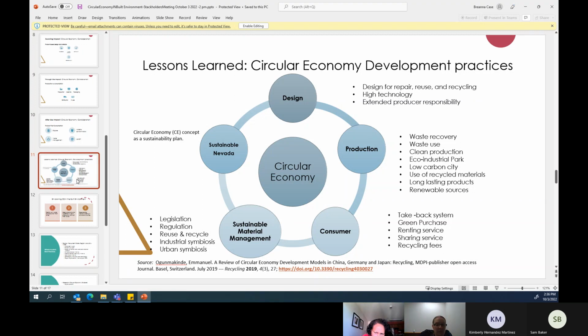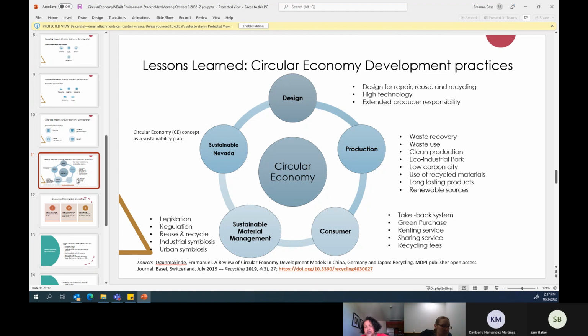Another thing is green purchasing, renting or sharing, repairing, recycling fees, lots of proposals they do. Wherever appropriate in our jurisdiction, we can also support or develop a strategy for different initiatives, and that would get a good platform. We can use it in our platform so that it will be easier to share with the whole state and the world, because it is the internet era we are in.